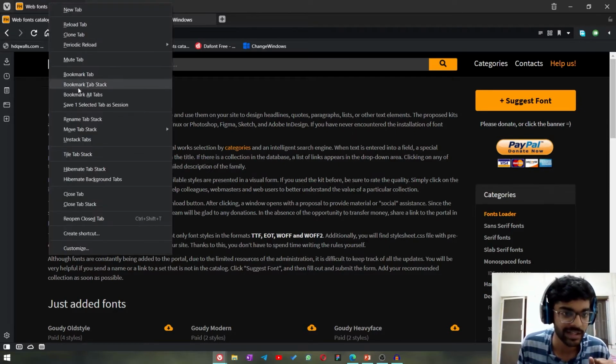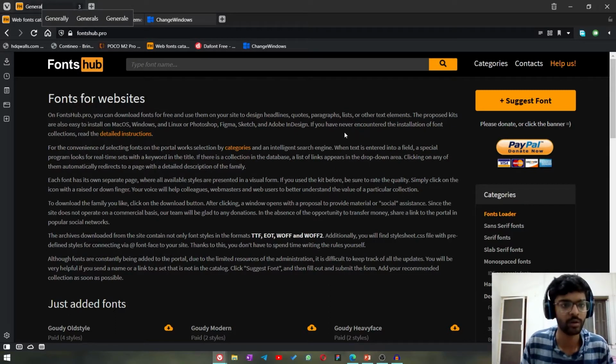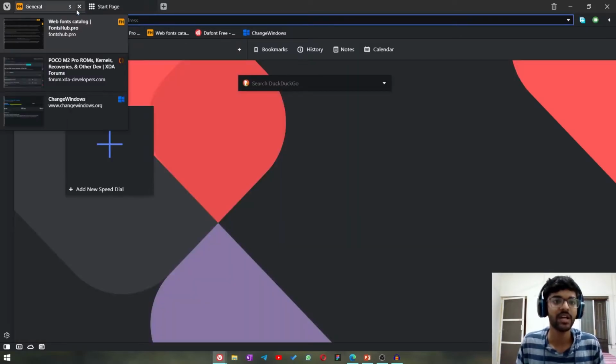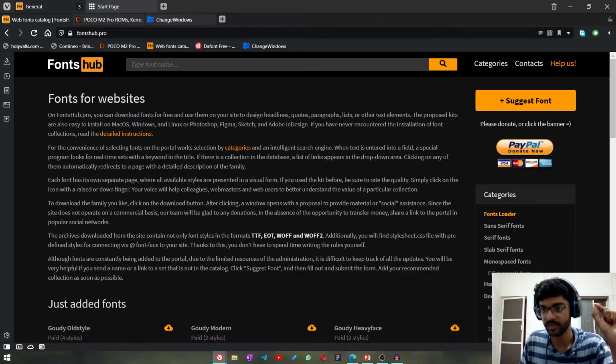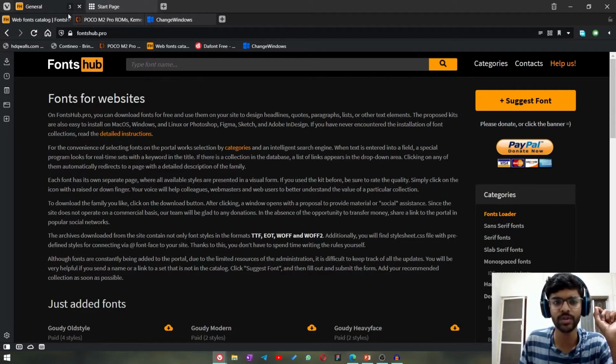If you right click and go to rename tab stack, you can rename this to general or whatever you want. Now I just pressed enter. Now I have a tab stack called general, which has 3 tabs as shown here, and they recently introduced the secondary tab stack, or the secondary tab bar. Now that is also very interesting because you don't have to worry about it opening all over here.